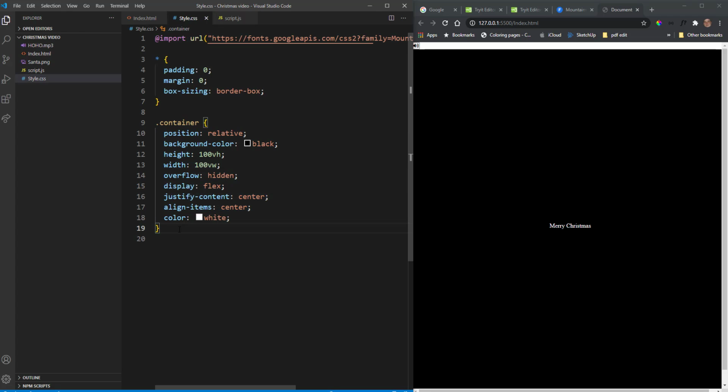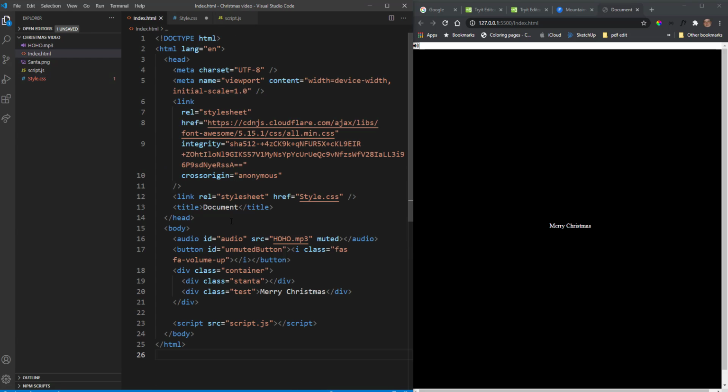Okay, so we're just going to style that button now. So that had an ID of unmuted. Sorry, what did we call it? Just going to copy that. Actually, I'm just going to change the name. Unmute. Save that. Just going to copy the ID, go into the style,